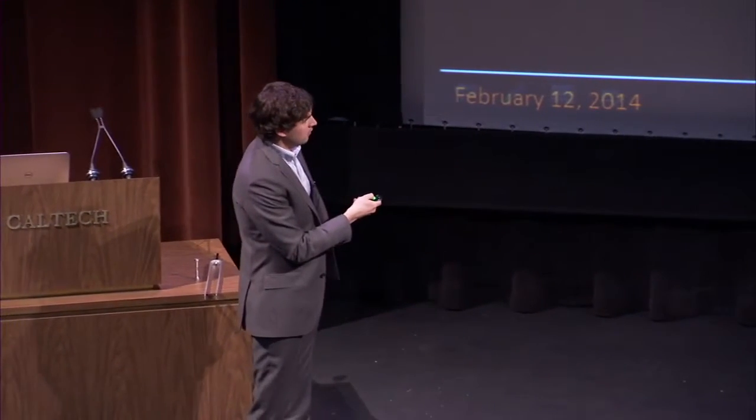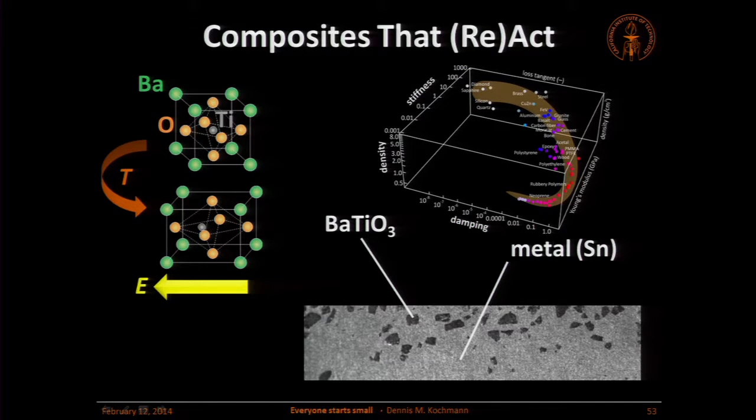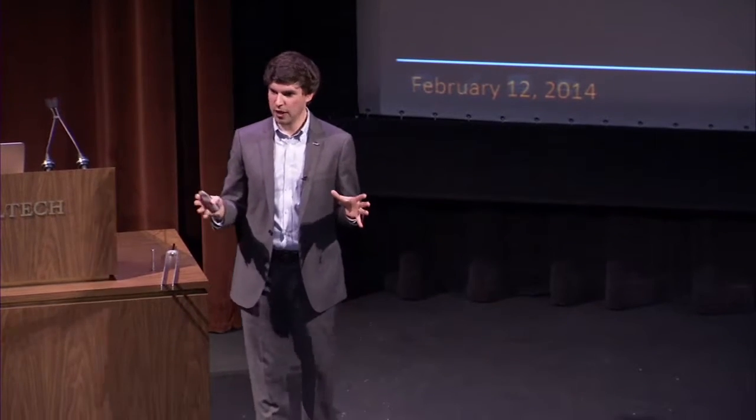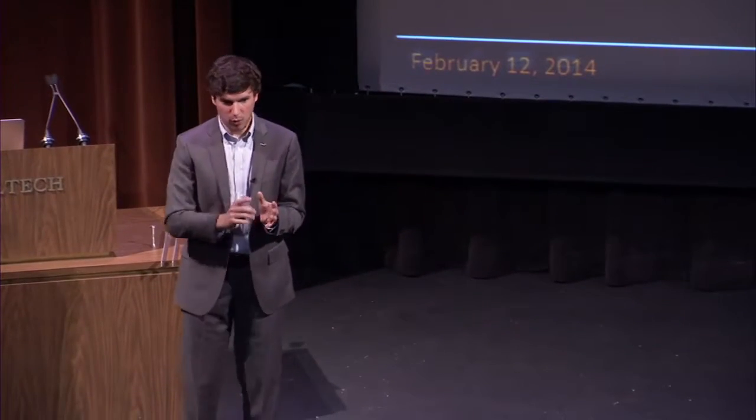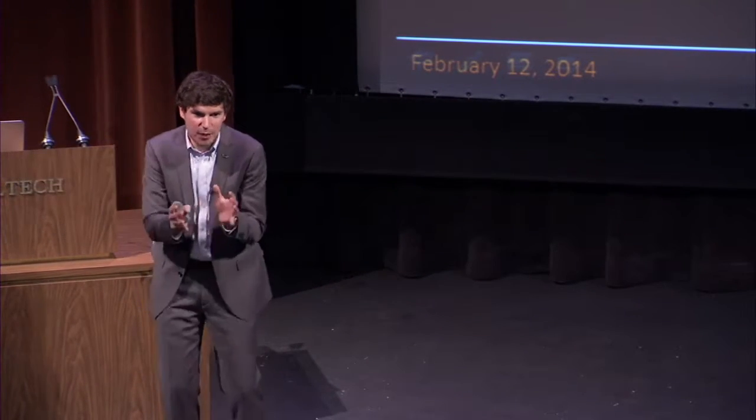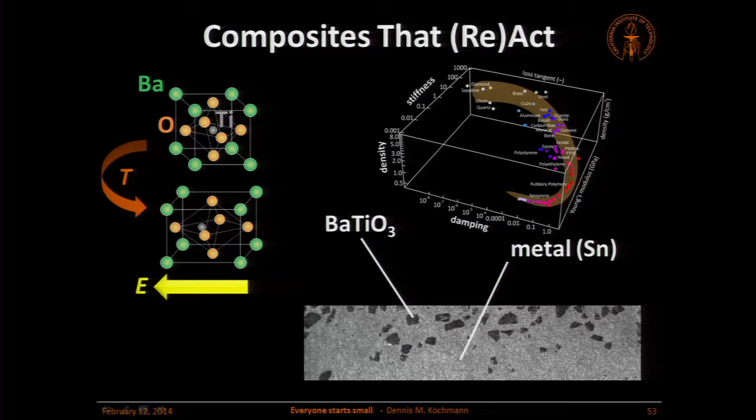But now something interesting happens. When you have barium titanate enclosed in the metal, and you change, for example, the temperature, the barium titanate realizes, oh yeah, I want to be in this different state. I want to transform. I want to do exactly the dance we saw before in the movie. But it cannot, because it's trapped in the matrix. The metal around it keeps it from transforming, and all of a sudden we have kind of a forbidden state in the material. It wants to be in a different state, but we keep it in this high temperature state, for example. We lower the temperature, the material wants to go here, but the metal surrounding it prevents it from